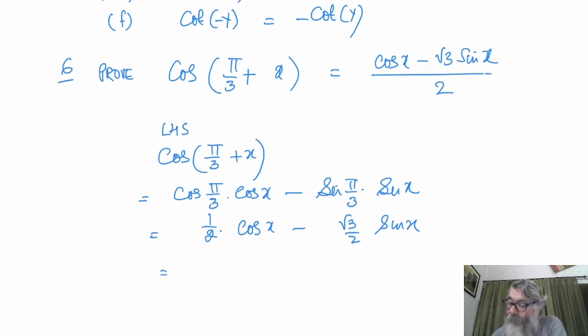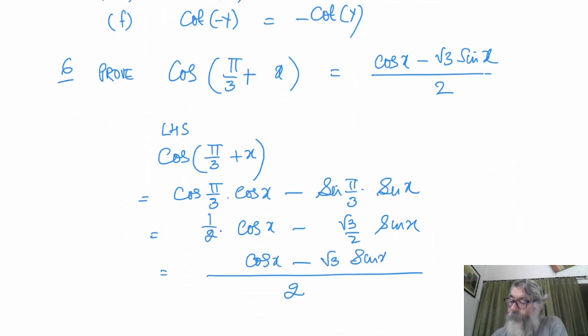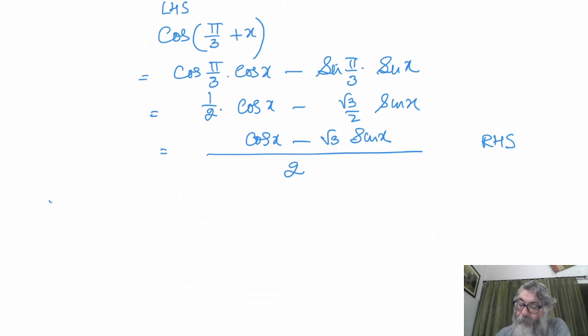Now we'll take 2 as the LCM. It will become cos x minus root 3 sin x upon 2, which is the right hand side. You have to prove this equal to this. We started with left hand side, we arrived at right hand side. Okay, next is